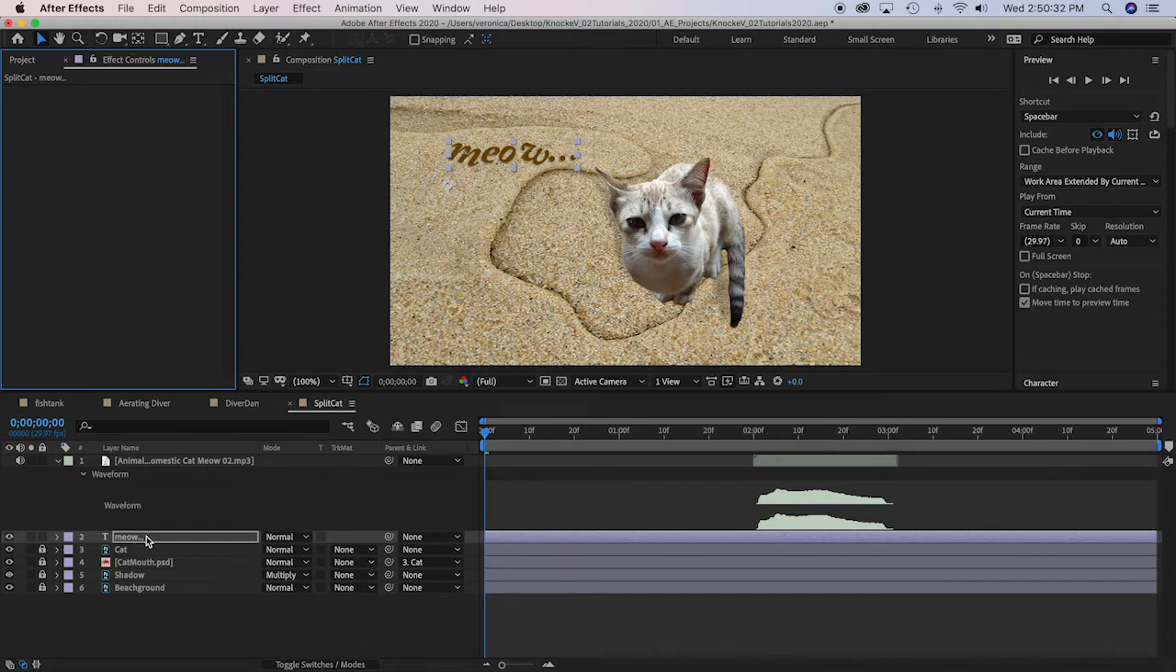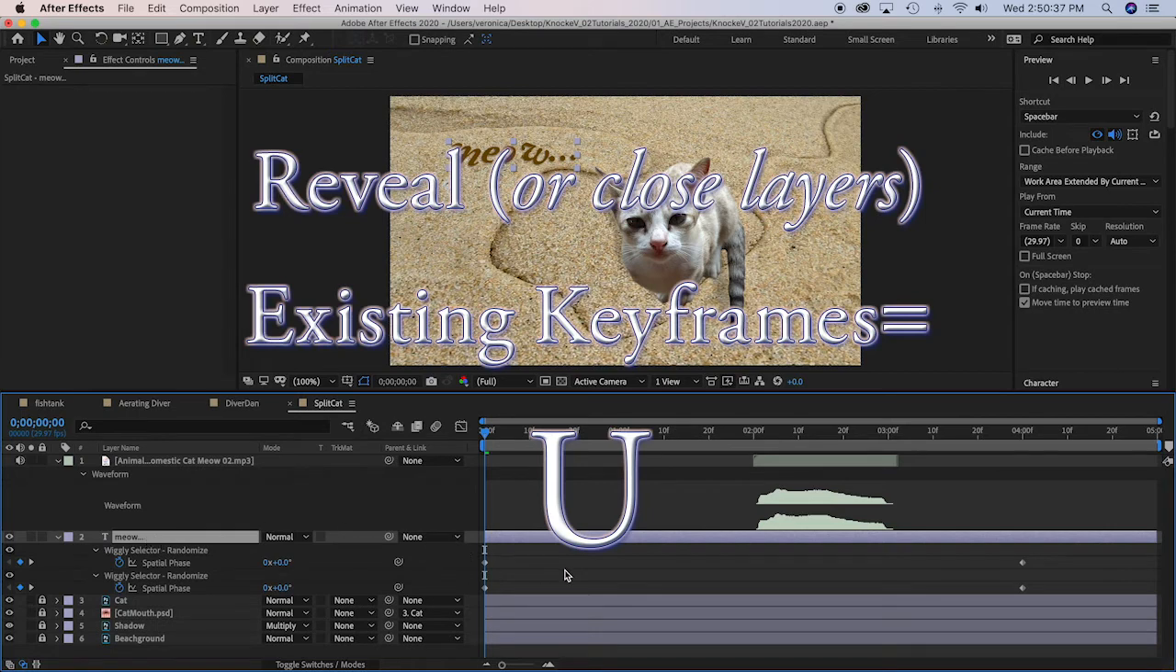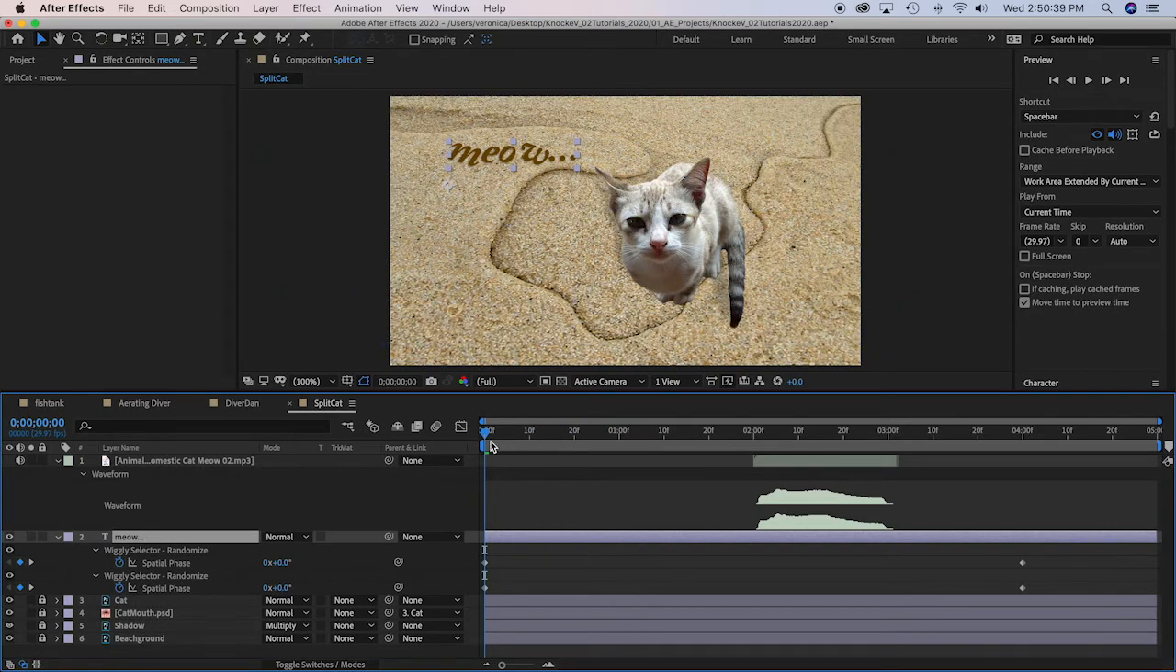Okay, so let's see what that did. We select the layer and we press U. And here are the keyframes. So it's going to be working this the whole time unless we change the keyframes to only occur during the sound. Now this is one of the presets that has already got something happening before you get to having applied it. So what I do in this